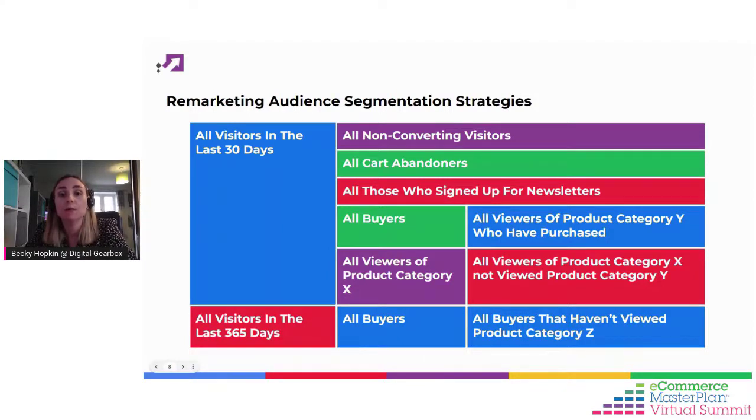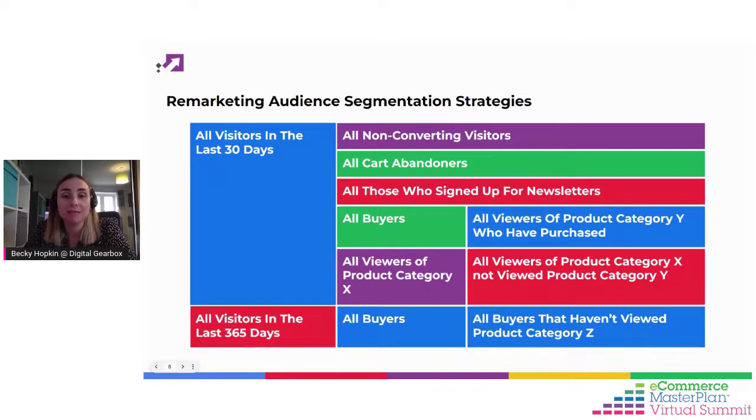Alternatively, you could target all buyers from the last year when you launch any new ranges or products that you think would be of interest to your past customers. There really are lots of options for you to get creative and smarter with your retention strategies. And the addition of discovery allows you to get much more creative with your ad content too.